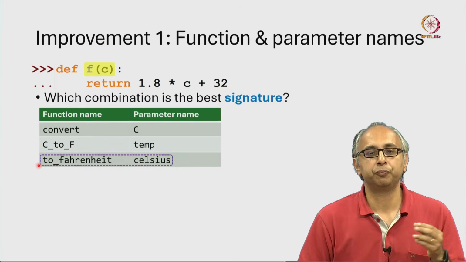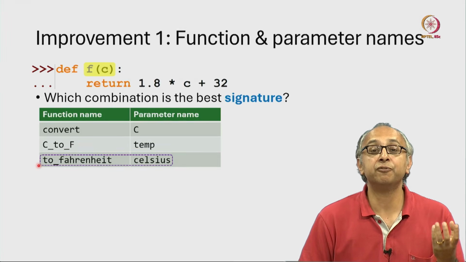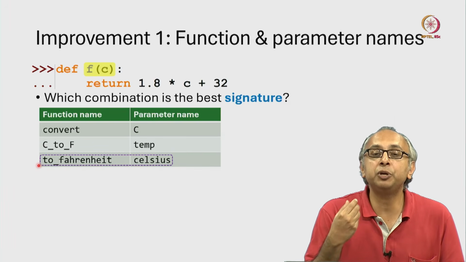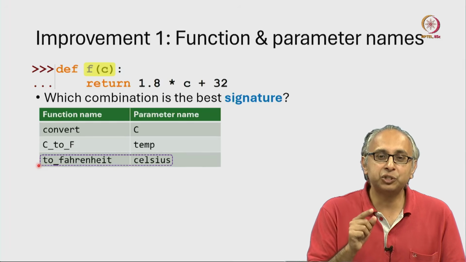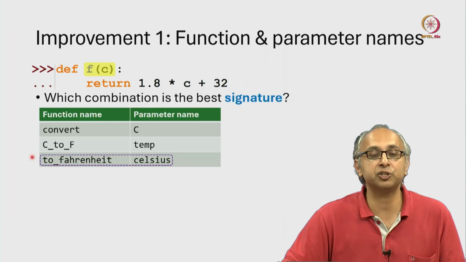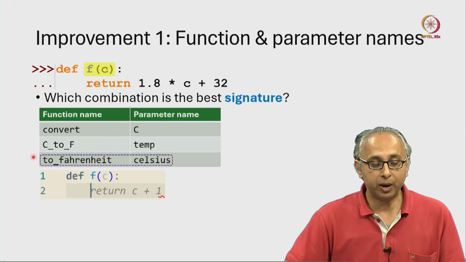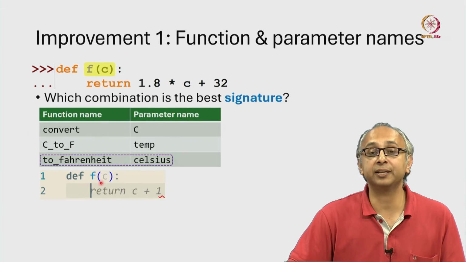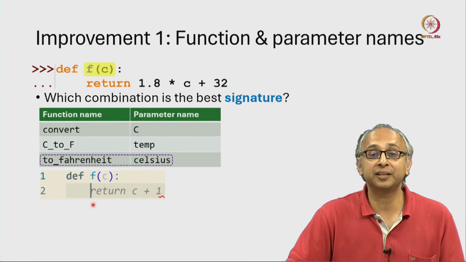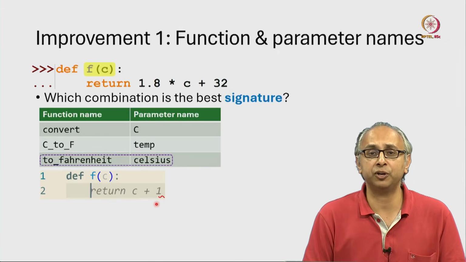Now, just to show you the difference a poor function name and parameter versus a good function name and parameter can make to the readability of your code, let's try and pass both the original function name and parameter and this suggestion to our generative AI. So here's a screenshot that I have taken where on line 1 I have said def f bracket c, and then after the colon, when I press enter, here is my blinking cursor, and after this my generative AI is suggesting the body of this function.